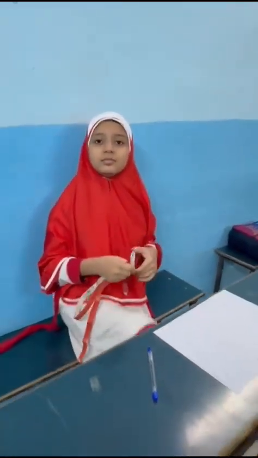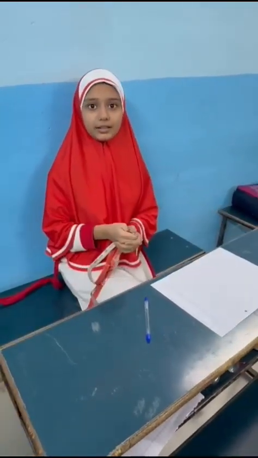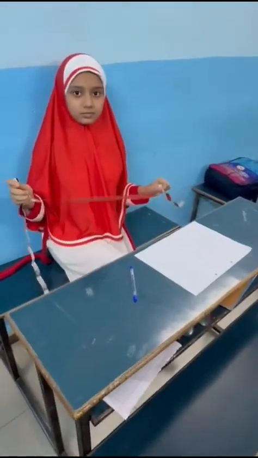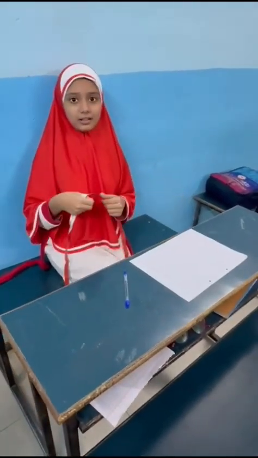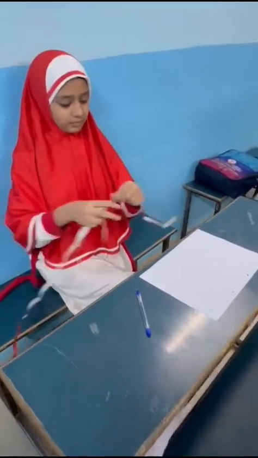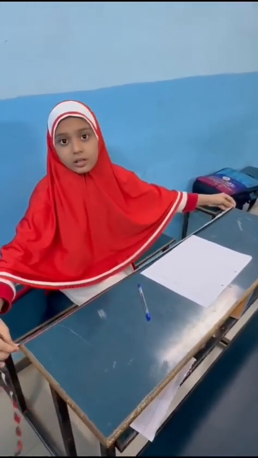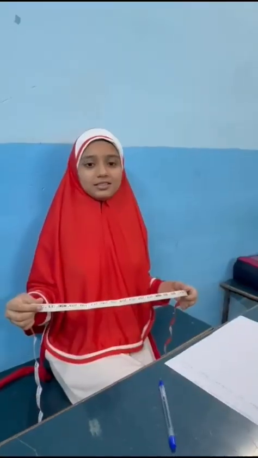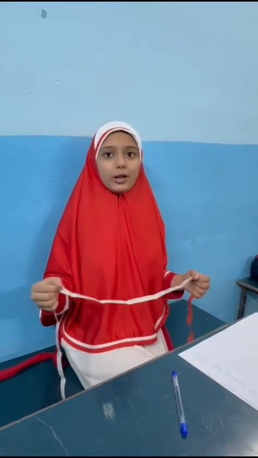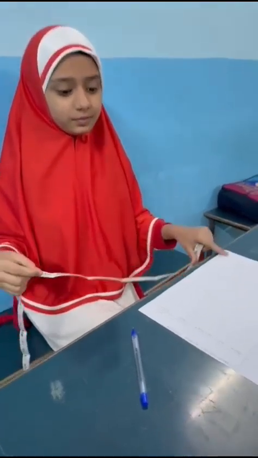Evan, which is your object today? This is my object. Okay, very nice. So, which shape is this? This is rectangle. Okay, how will you calculate? What is this, a length or a breadth? Length. Very nice. What is the formula of area of rectangle? Length into breadth. Okay, now you can continue.